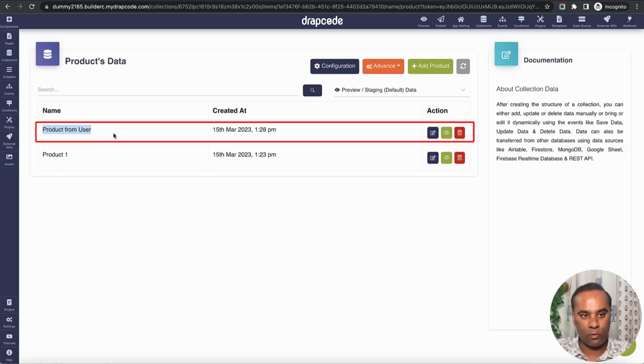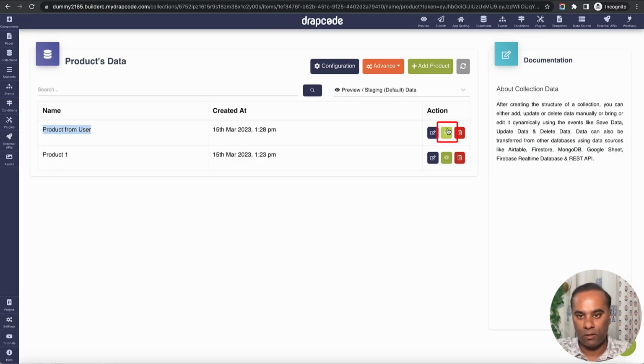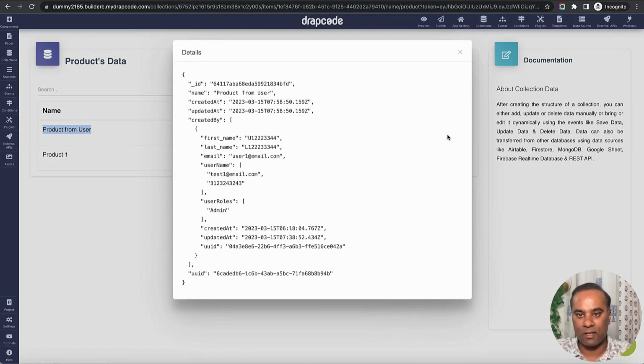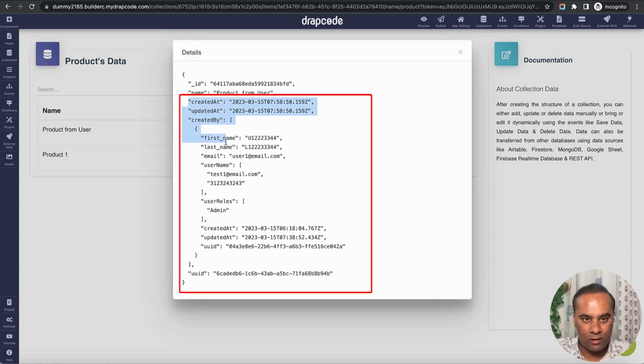So if you see this product from user, and you click this green icon, it actually gives you what all resides inside this product. So it has an ID, which is for internal use. This is the name of the product, and this is the only field which we have given explicitly while creating the product collection. You see all this data, and this is all default. So it is created at 15th of March 23 and